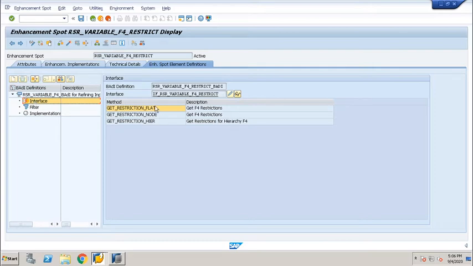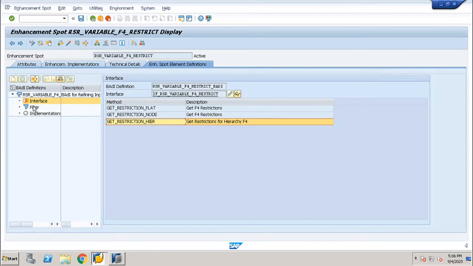What is the concept of these three methods? The first is the flat method. If you are using characteristic variables, in 95% of cases we use that variable, so we use this method in 95% of cases. Node and hierarchy are just for the hierarchy variable and the hierarchy node variable. Same concept: if you want to restrict a hierarchy node to some extent, only a few nodes, we can restrict through this code. Otherwise we can restrict by characteristics by this node, or hierarchy by this node.